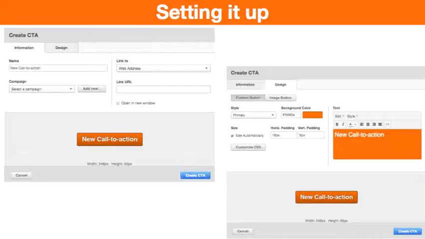The first thing you need to do then is give it a name. It's important to create a naming convention. For example, you can call all call to actions that are on your website start them with website, or call to actions that go into email, start them with email as an example. Make sure they link to a campaign and put in a website address as where the call to action must